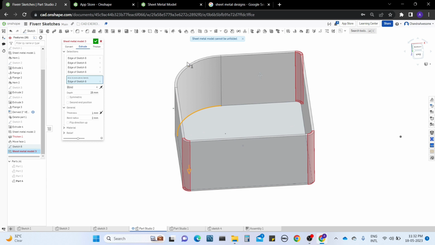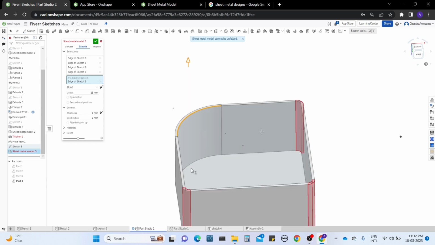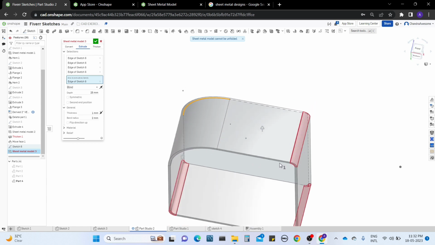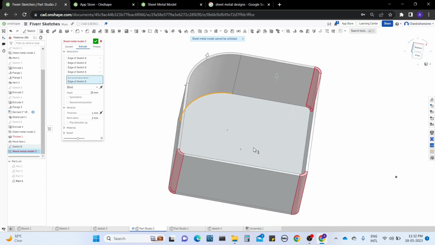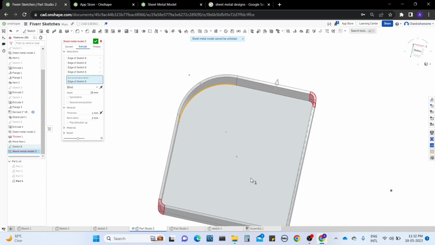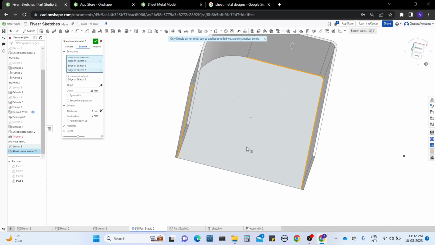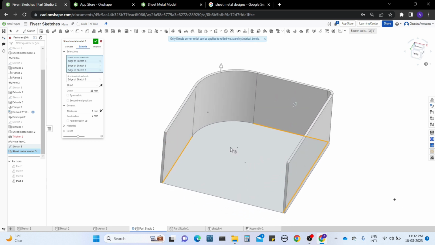Okay, let's work. It is showing over constraint because the sheet metal has one gap, right? But here it's not available because we selected all edges. So I'm going to deselect one of the edges here. Now it works good. See,